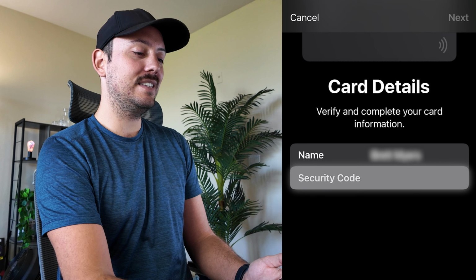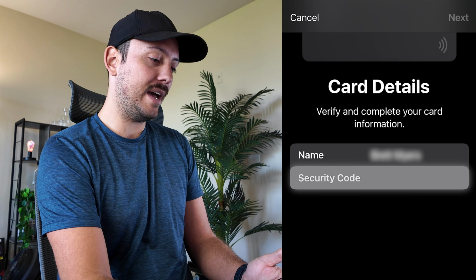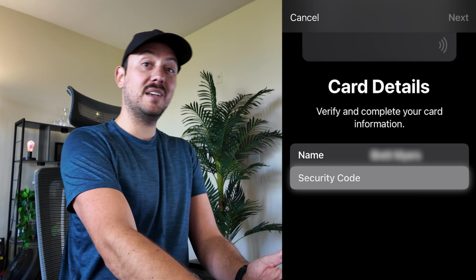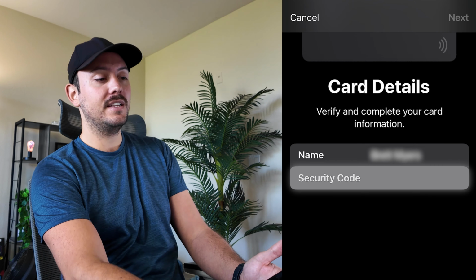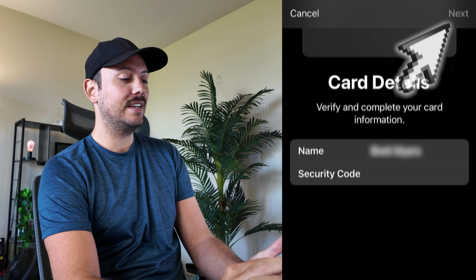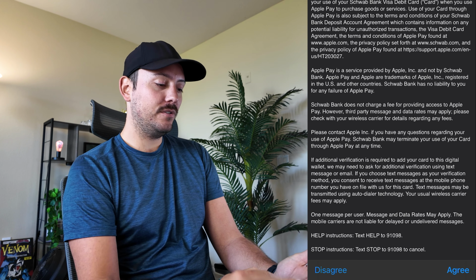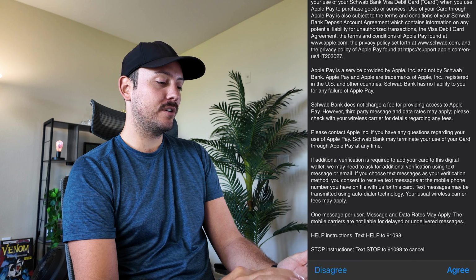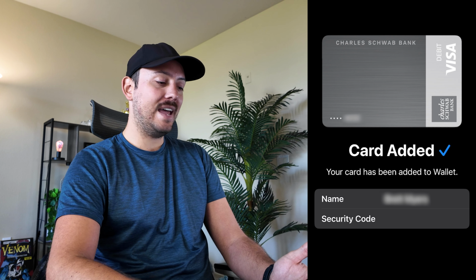You're going to enter the CVV or the 3 digits on the back, and it may direct you to do different things based on the card you use, but in this particular instance, this debit card, when you're ready, click next and it will add the card. It'll ask you probably for agreeing to some terms and conditions, and then it will have added your card to